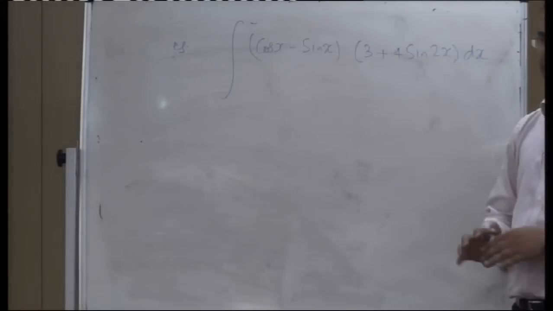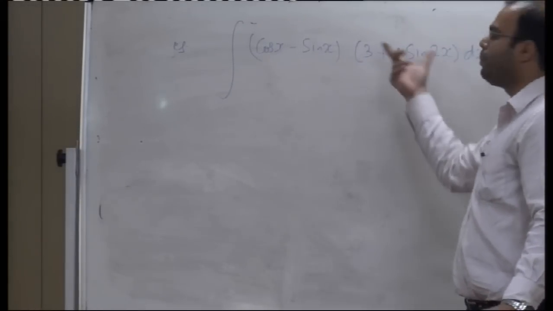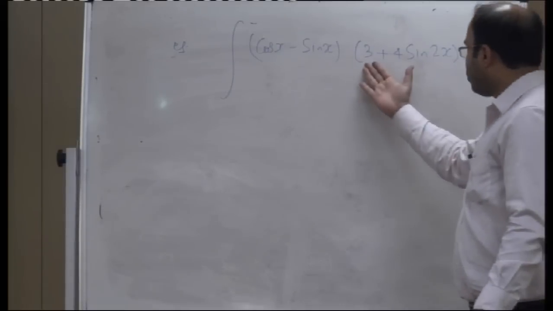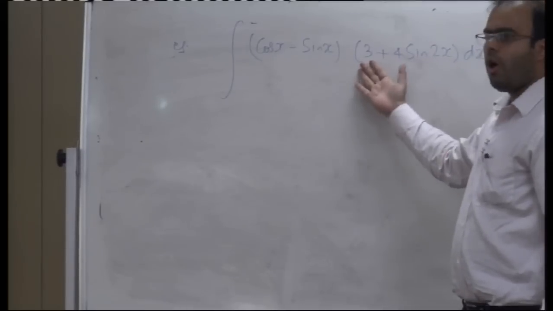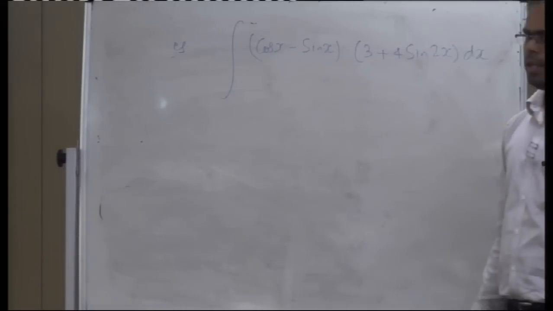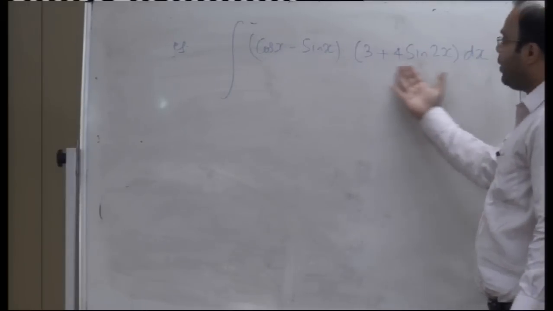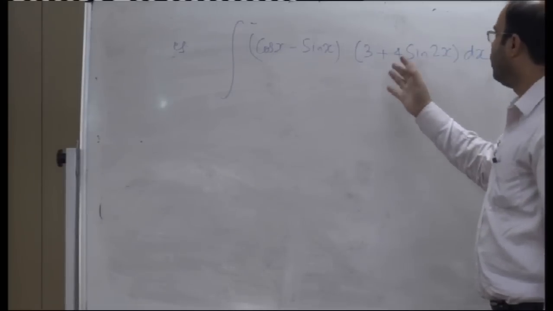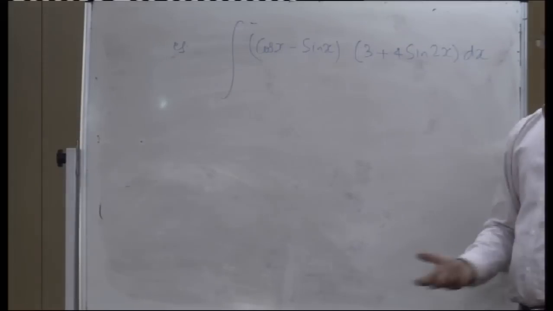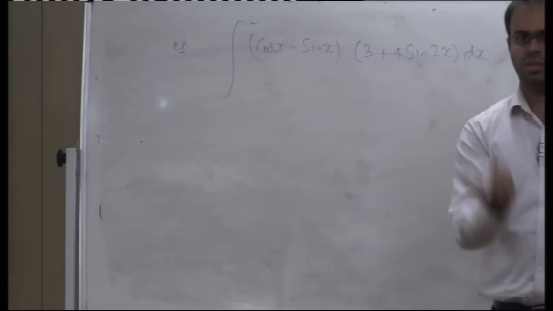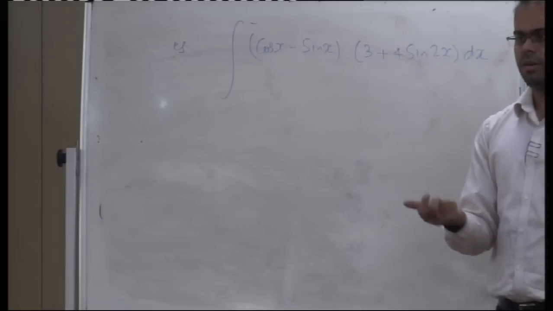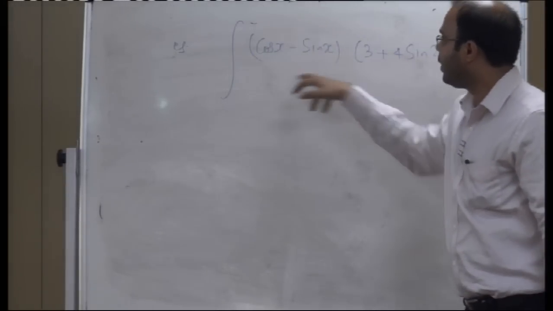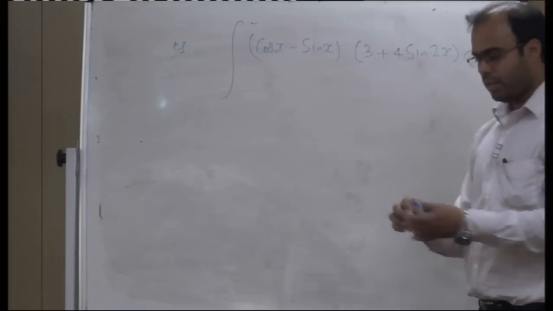How will you think? There are two terms which are multiplied in the numerator. Denominator is not present here, it is 1. So this could be a derivative of some function, or this could be a derivative of some function. Taking 3 plus 4 sin 2x as a derivative of some function is not an appealing thing, because it is quite not digestible. And if you want to take this as a derivative of some function, then what you can do,